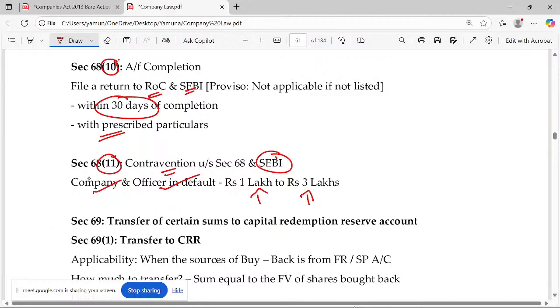Okay, buyback is done. How many subsections do we have? Totally 11. So if you get a question, write a note on buyback of shares, or what are the provisions covered for buyback of shares, I seriously request, if you're not strong enough, go for another question. If you're strong enough, please write it. And please check the alternate. Alternate might be an easy one because you have to write all the 11 subsections to cover section 68. If you're strong enough, then you can attempt it.